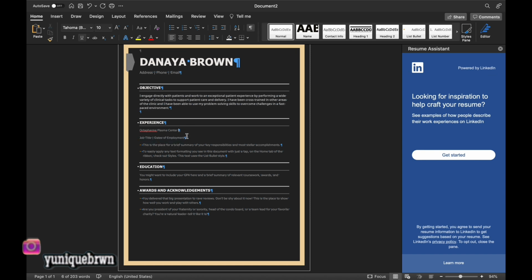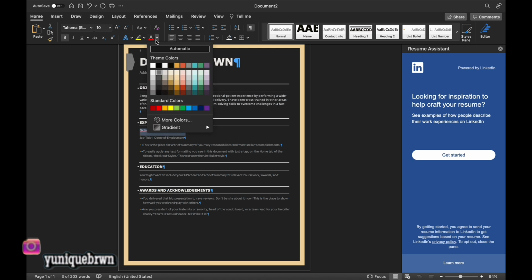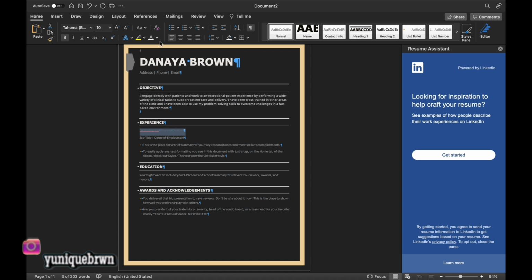Okay, so we're gonna put Octapharma Center in bold. I don't know if I should put it in white or black. The dates I was there,